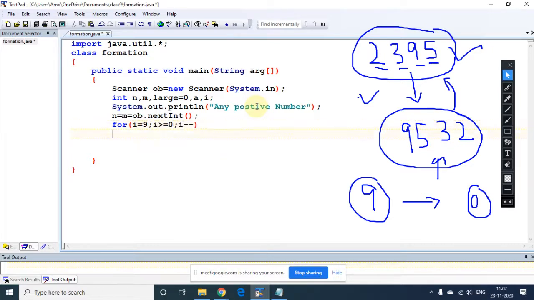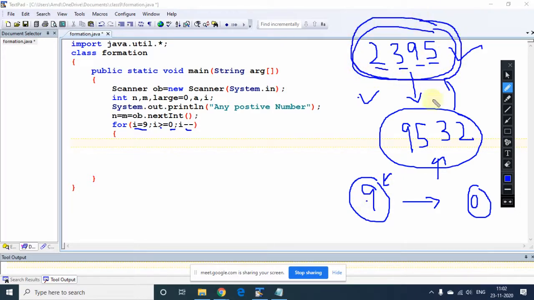then i--. Initially I told you, whenever you are starting a loop from the bigger value till the last, always you need to use the greater than as well as i--. So why are we using this loop? This is very important. See, we are using this loop for this purpose. Every time we will search for the digit, meaning if this 9 is present in this existing number, then we will form the largest number out of the actual one.